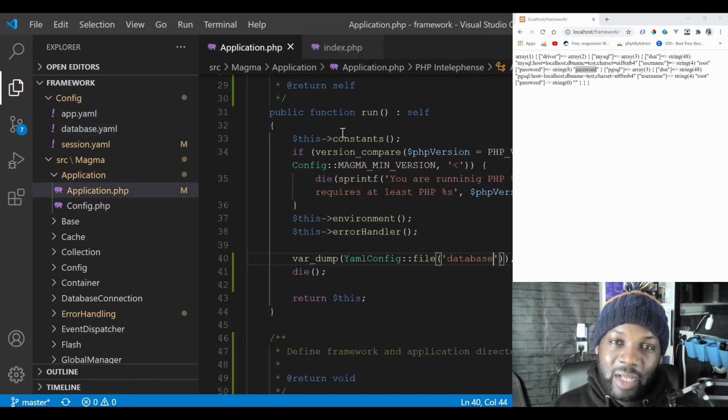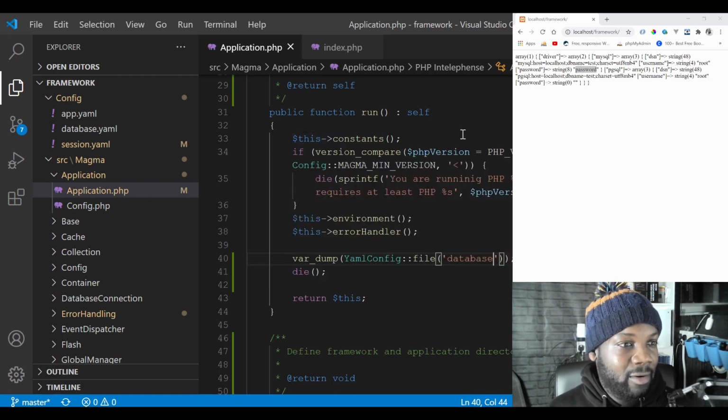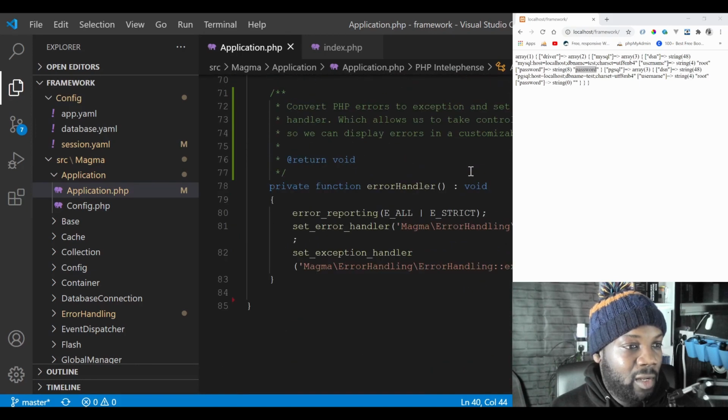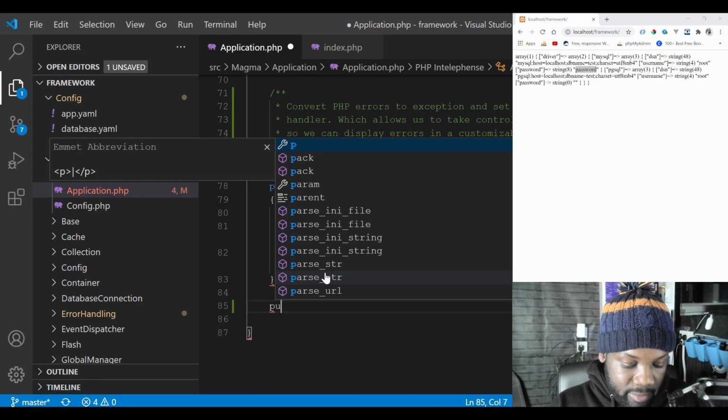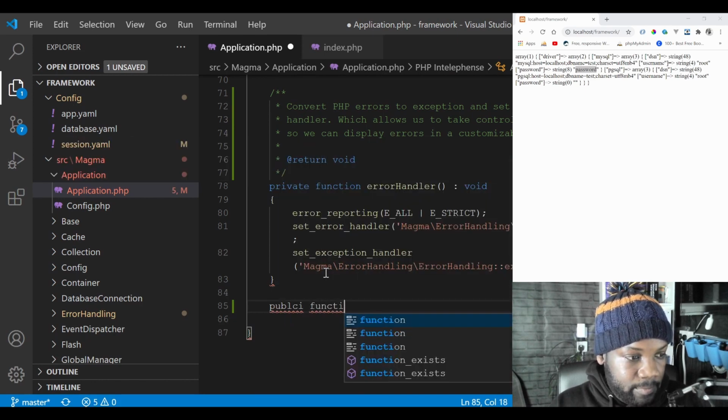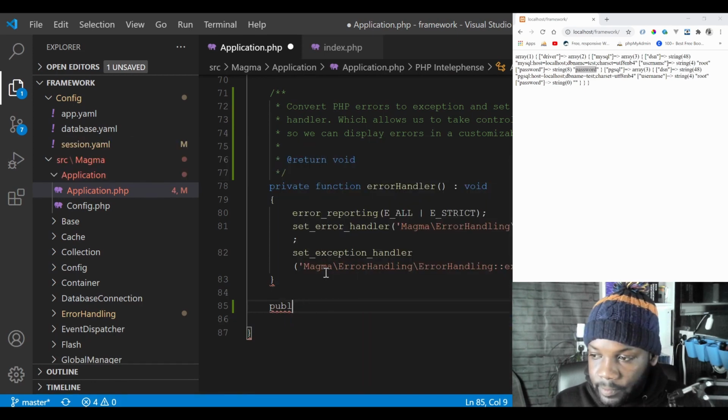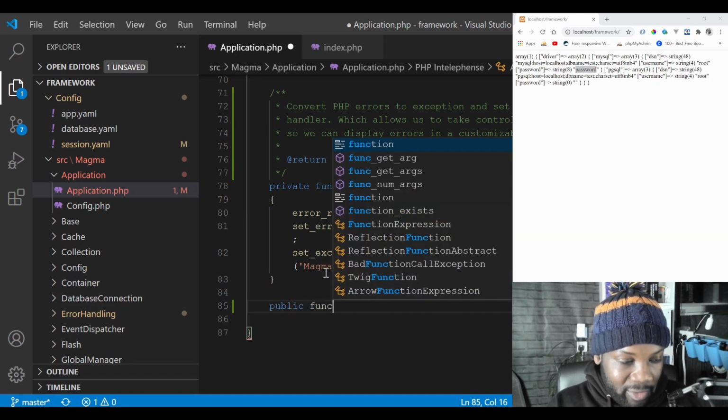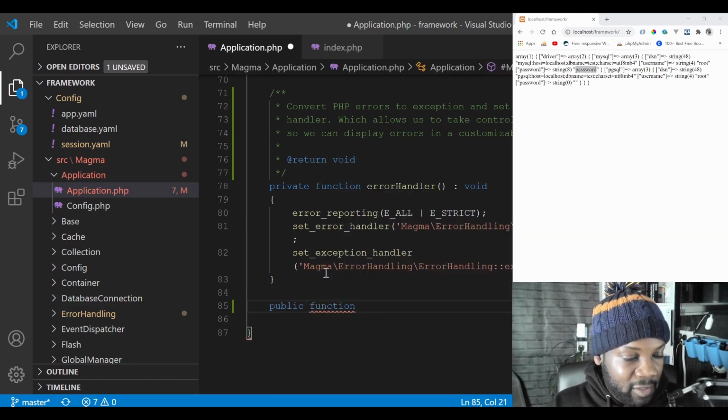But before I do that, I want to actually test the session class and see what errors it's going to throw up, and try and tackle that error first. So I'm going to quickly create a next method, call it public function. I'm trying to keep this video short, but it's already 5 minutes. Public function,